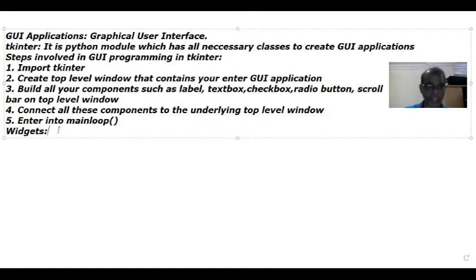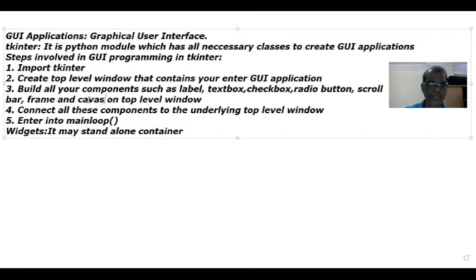Good. The widget may be standalone. Here label, text box, checkbox, radio button, scroll bars are standalone components. Still, some of these are there, frame and canvas.